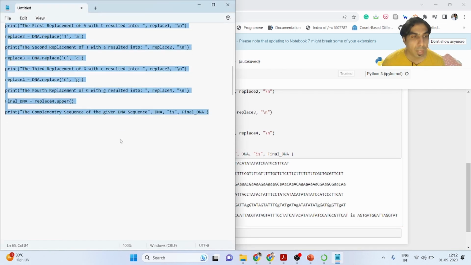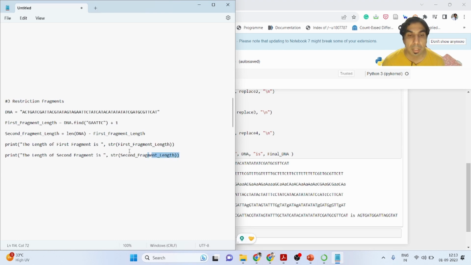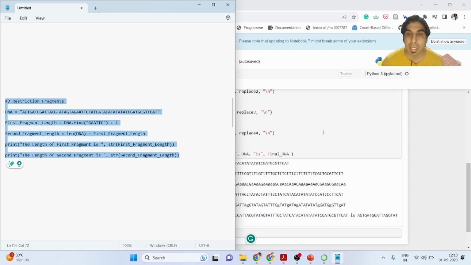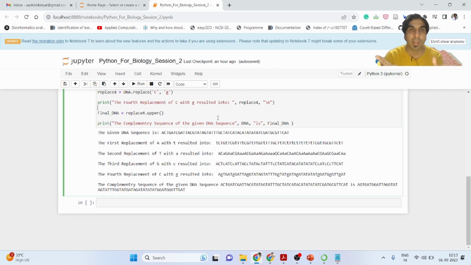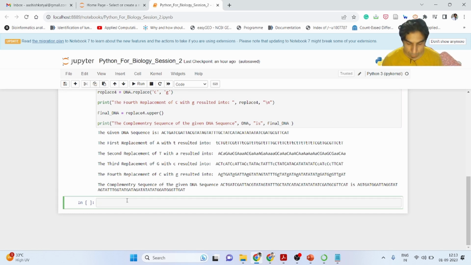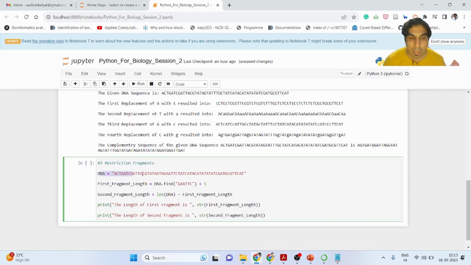The third thing we have to do is related to restriction fragments. As I told you earlier, there are various enzymes that can cut at specific sites of the genome. For example, this is the whole genome, and there is a specific region that can be cut. EcoRI is a type 2 restriction enzyme that can cut at the GAATTC region. So we have to mention this. This is the whole DNA sequence, and there is a command known as the find command that can find a specific region. It is just an analogy: it is finding the region where that particular fragment is available.